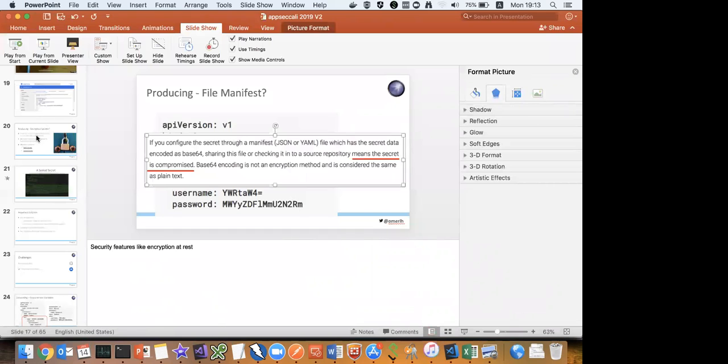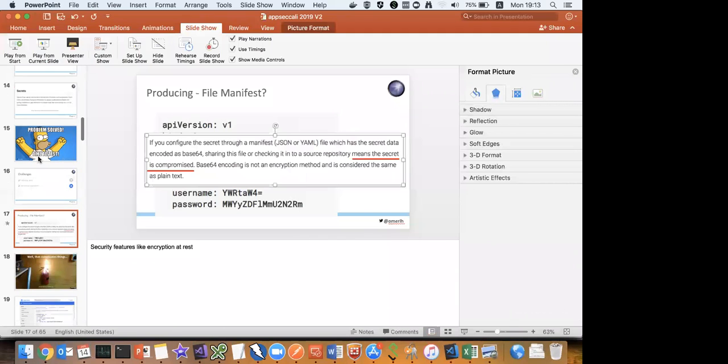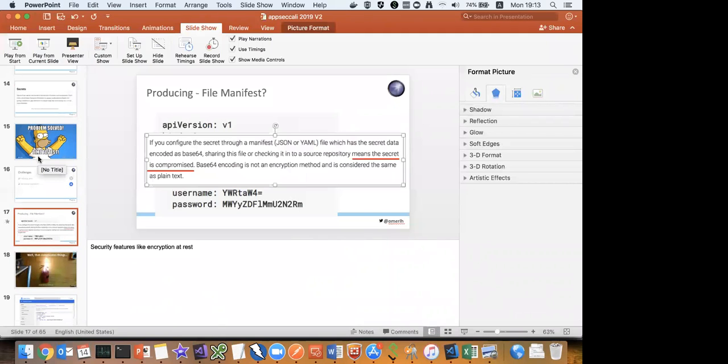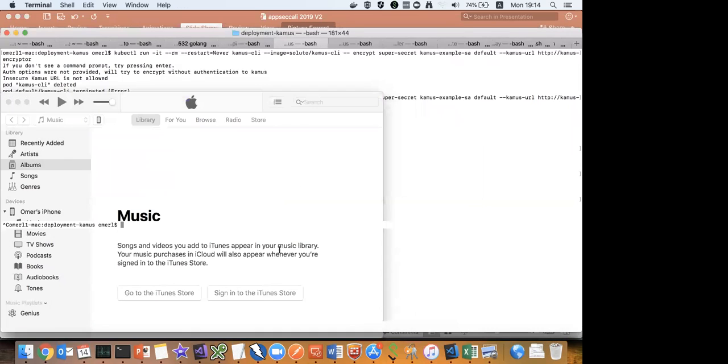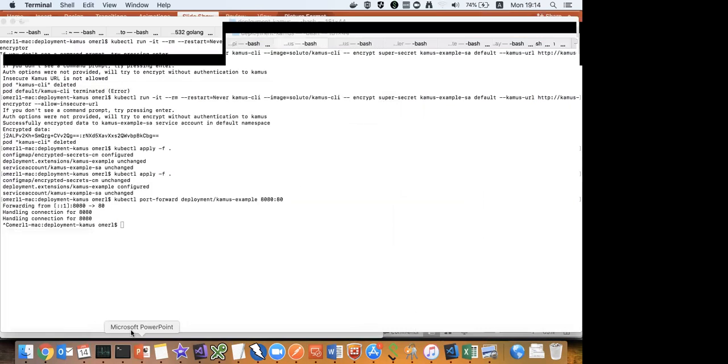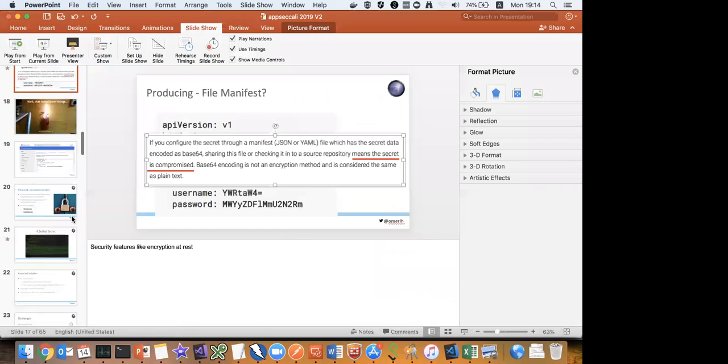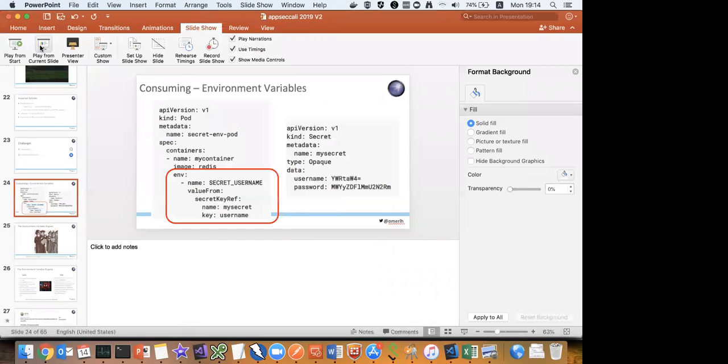Camus solved the hard problem of how you can let all the developers create secrets and manage their applications with full responsibility. And what Camus gave us that other solutions don't is an easy way to encrypt the secrets and consume them. If we are going to talk about regular Kubernetes secrets, it has one big challenge, which is how you can consume the secret. Unless you want to consume the secret using an environment variable, which is this option.